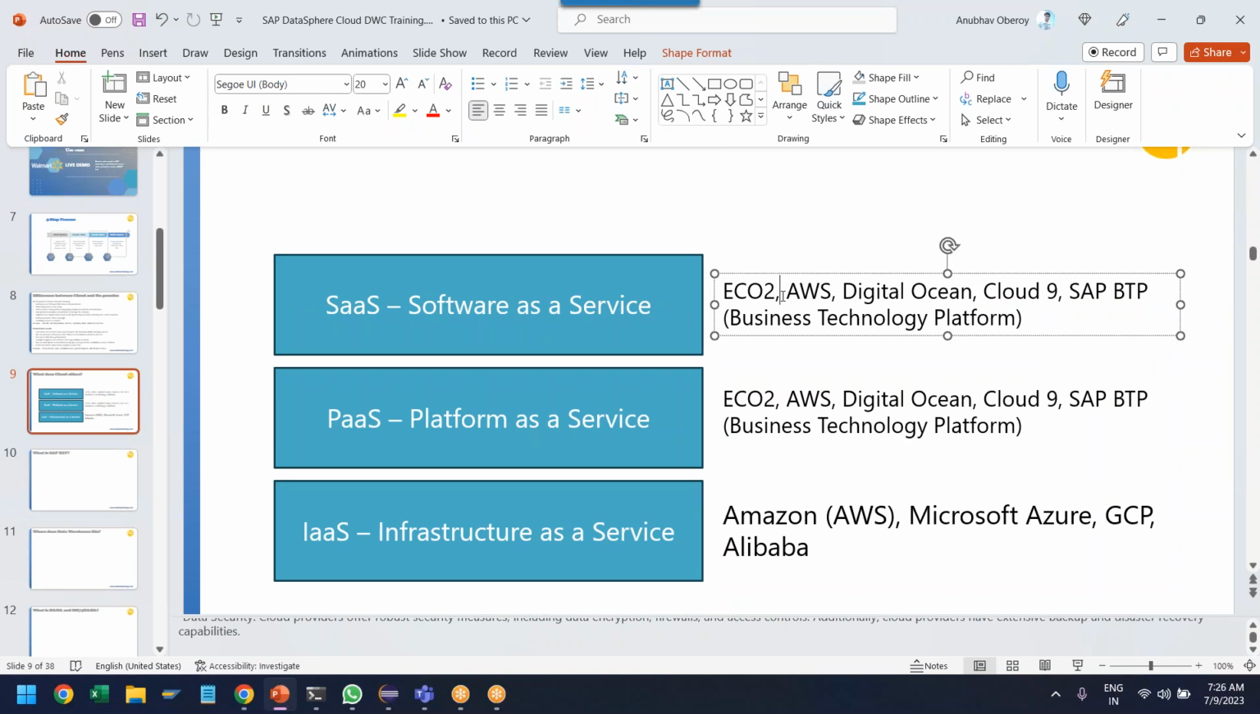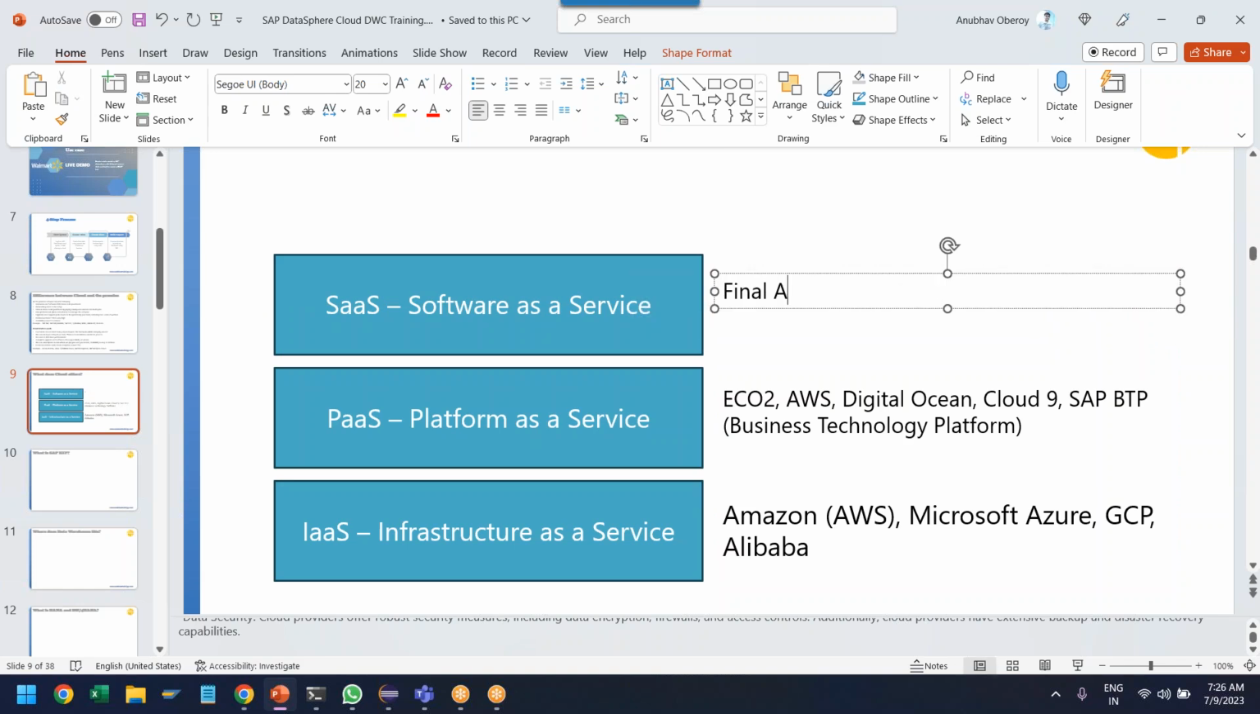These are the final applications built on top of the platform. So these are the applications which you use. So what is actually an example of software as a service? SAP DataSphere, SAP Analytics Cloud. So these are all applications which are already built by SAP and they are hosted on